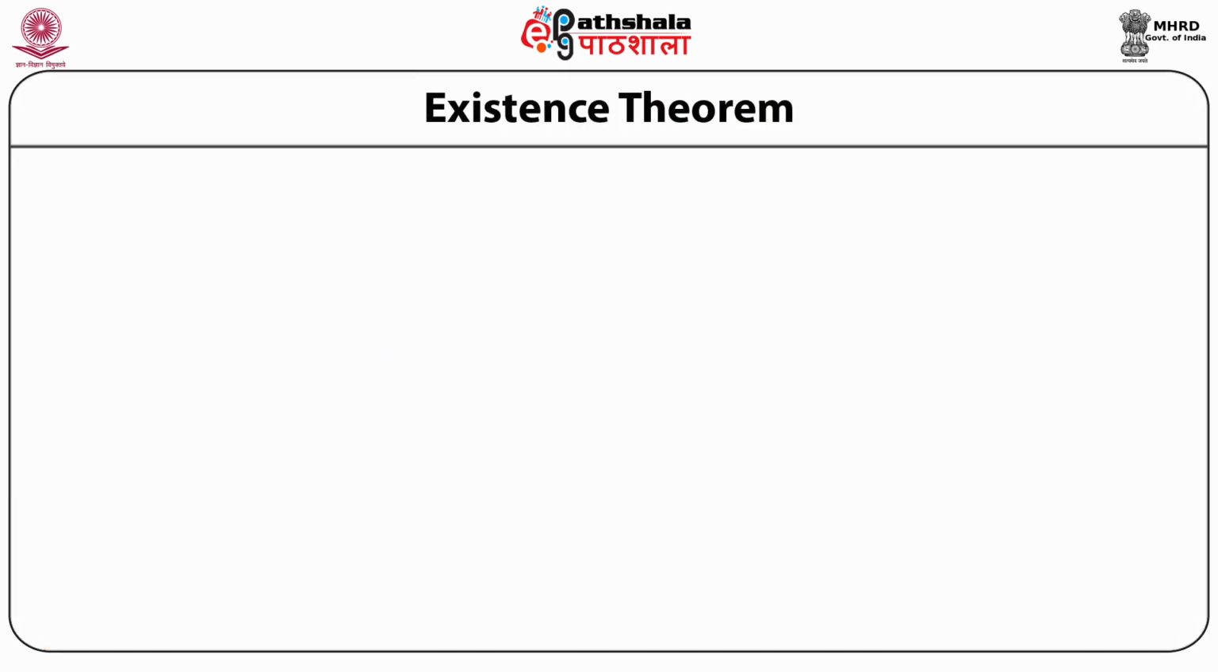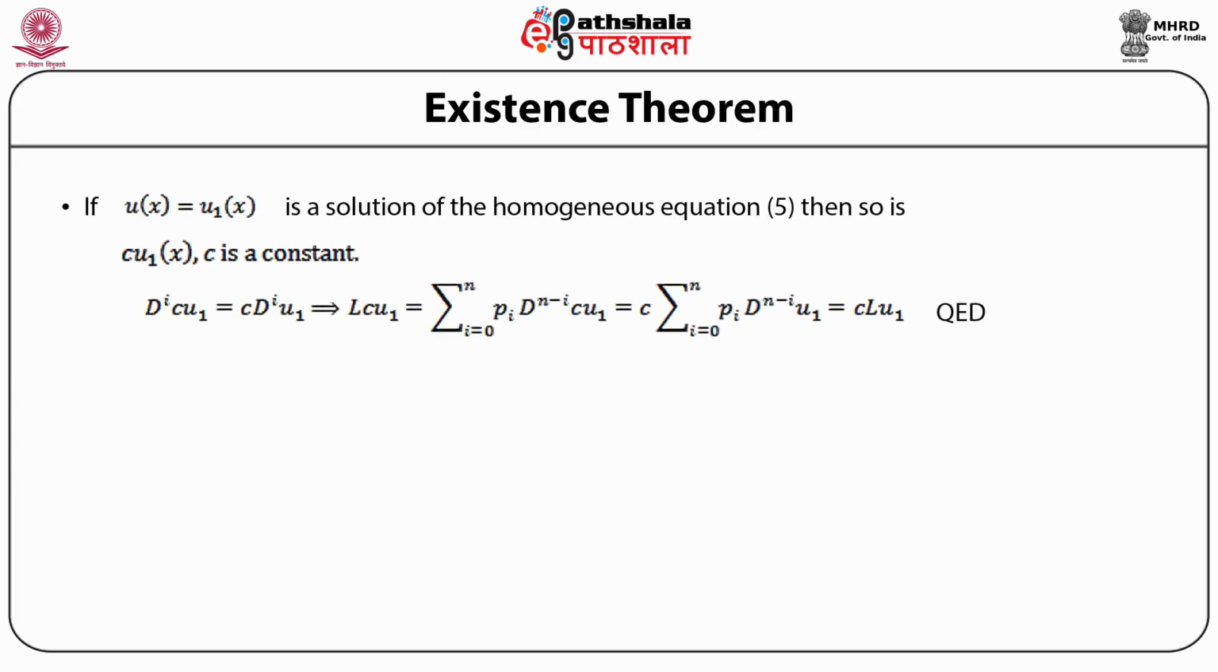Now, we will discuss theorems that describe some of the important properties of the operator L and the inhomogeneous and homogeneous equations respectively. First, if u(x) = u1(x) is a solution of the homogeneous equation, then so is c times u1(x), where c is a constant. Let us prove it. Let us say